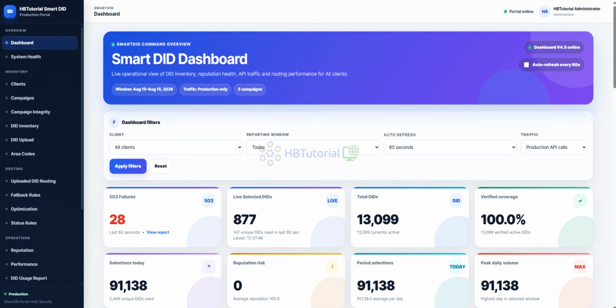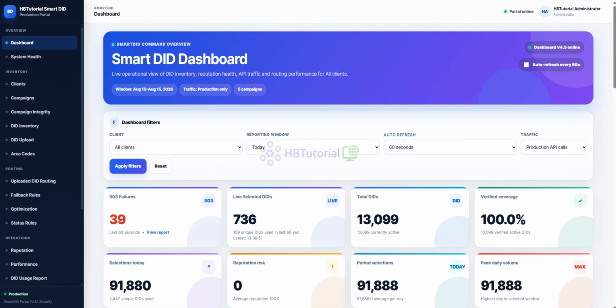So what are the features? You are able to get, and possibly increase, the answer rate and connectivity for your call center, especially if you are dialing multiple states. So you need to have like 10 to 30,000 DIDs to manage on your dialer server.